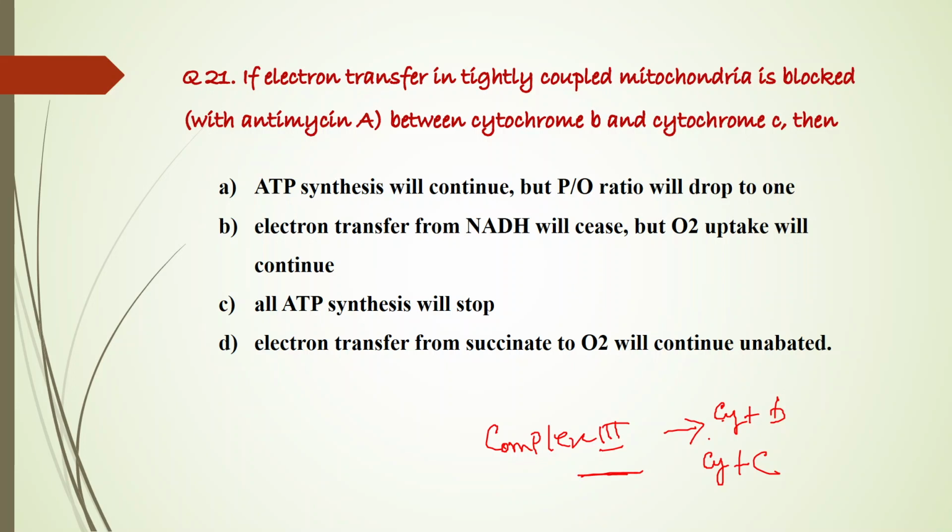Now it is saying, if you somehow block this reaction between cytochrome B and cytochrome C, then what will happen? If you block their conversion, where one is getting oxidized and another is getting reduced,